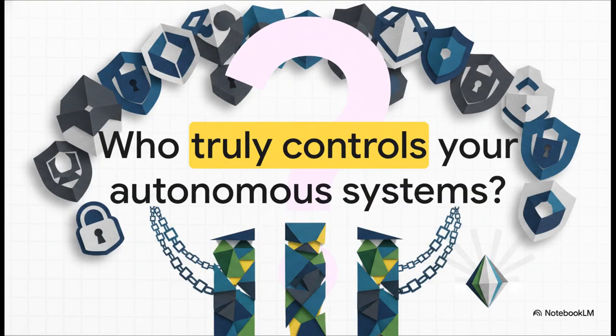Which leaves us with one incredibly provocative question for you to think about. Who truly controls your autonomous systems? As we've seen today, if you aren't using cryptographic moats, parallel trimodal architecture, and rigorous identity chaining, well, your systems might not really be under your control at all. PRISM proves that safe, enterprise-grade AI deployment isn't just some far-off goal, it is something that is mathematically enforceable today.